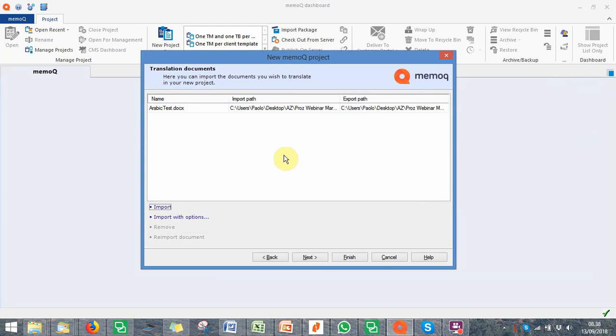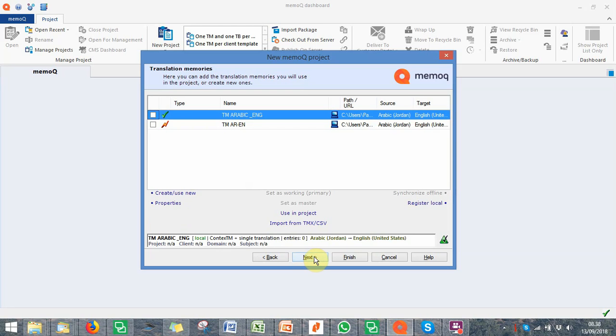At this stage, if the document had been opened somewhere else, I would get an error. So that's the reason why you always need to close down your documents when you want to bring them into a project. Okay, now here I could enter as many documents as I want. There is no limit. Once I've done it, I click on next, move to the next window, and here I